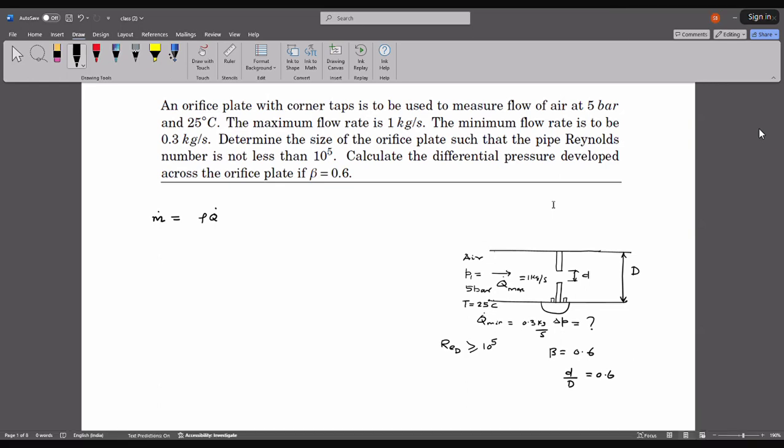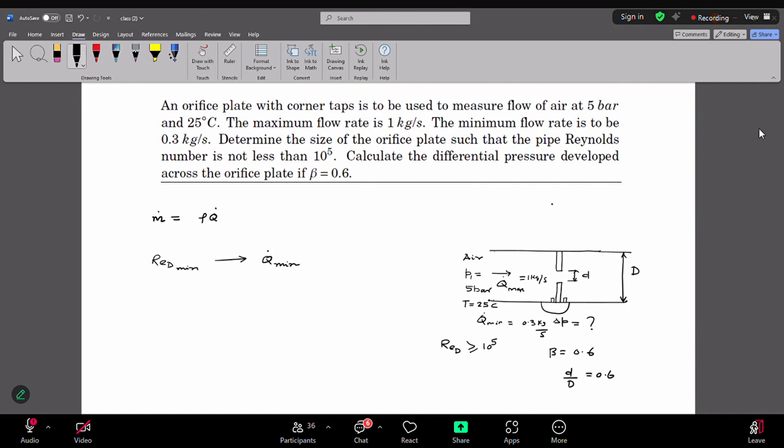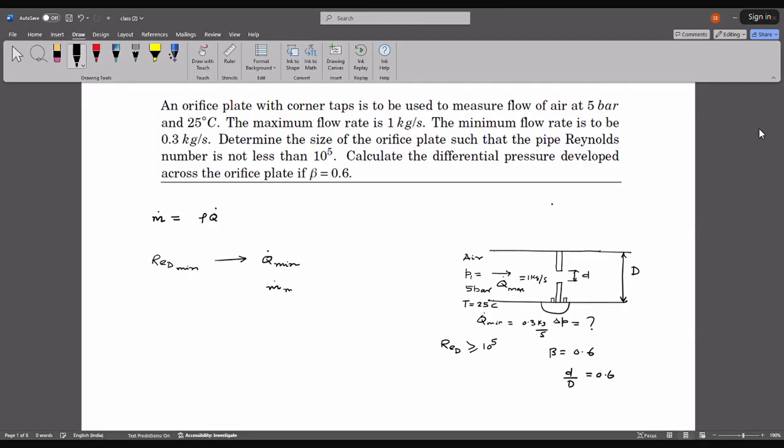But it is also mentioned that the minimum Reynolds number should be 10 to the power 5. So the minimum Reynolds number should correspond to the minimum flow rate, right? Because Reynolds number is proportional to velocity, which is proportional to flow rate. So the minimum Reynolds number, the critical Reynolds number, should correspond to Q dot min or the corresponding mass flow